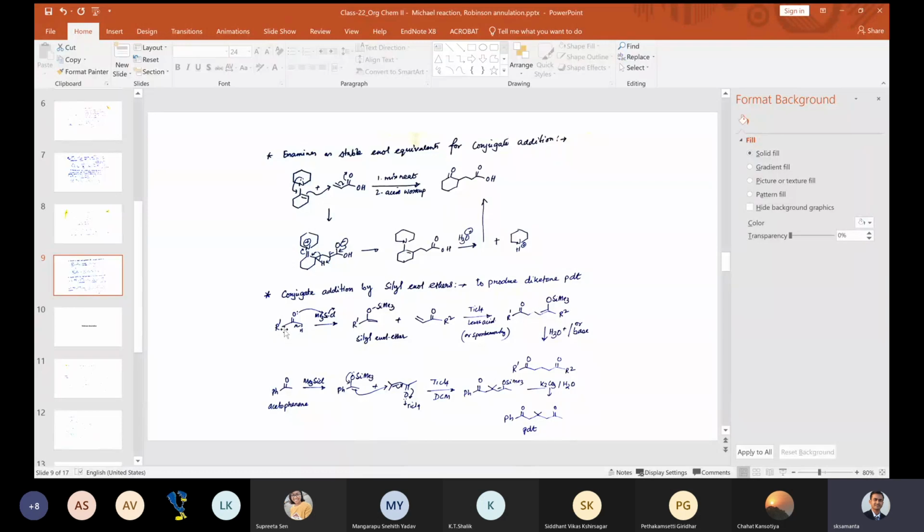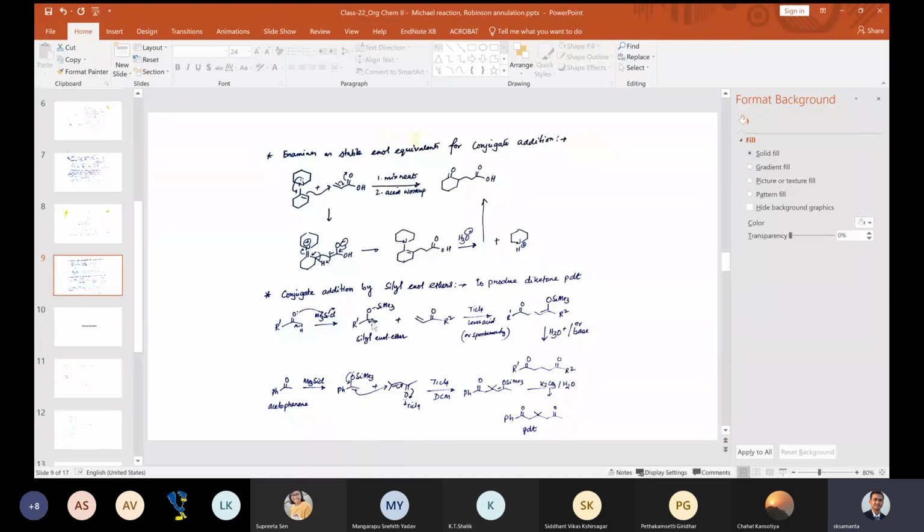What you do is, let's say we have this kind of carbonyl compound. If we add base, it picks up this proton and forms an enolate, so this double bond and O-. Sometimes these enolates are trapped so that this double bond or this nucleophile becomes stabilized. To do that, we use trimethylsilyl chloride, and this O- which generates here after picking up this proton reacts with this silyl group and chlorine leaves, so that this OSiMe3 forms. This is called silyl enol ether.